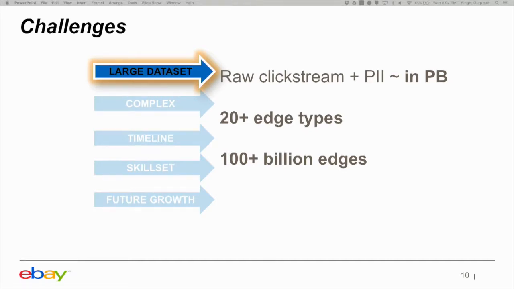Now these are the challenges that we faced when we were designing for ERS. So raw clickstream plus PII data. As I said, this is a long journey that we took, right? When we started, our clickstream data was in itself in petabytes, and then we get this huge variety of sources, right? We have Hydra, Adobe's, and all those different kinds of IDs. So the data set in volume itself was quite huge. And to filter it down step by step into meaningful graphs,